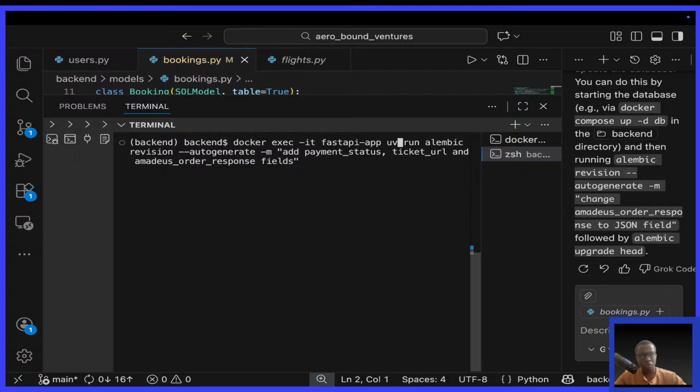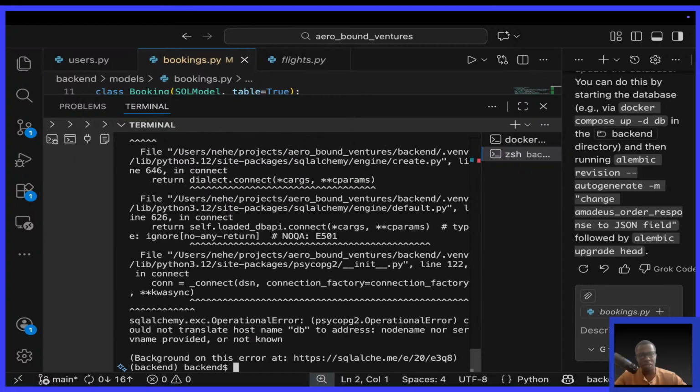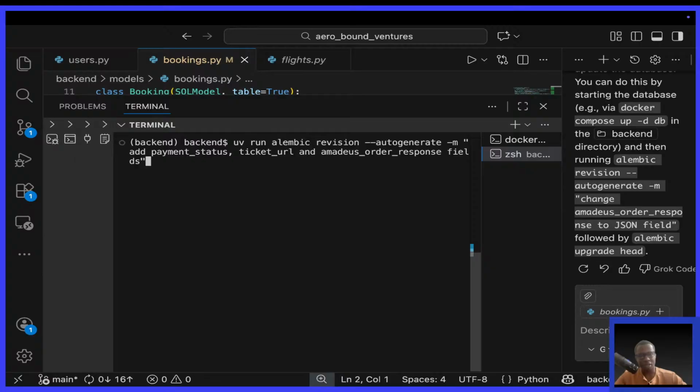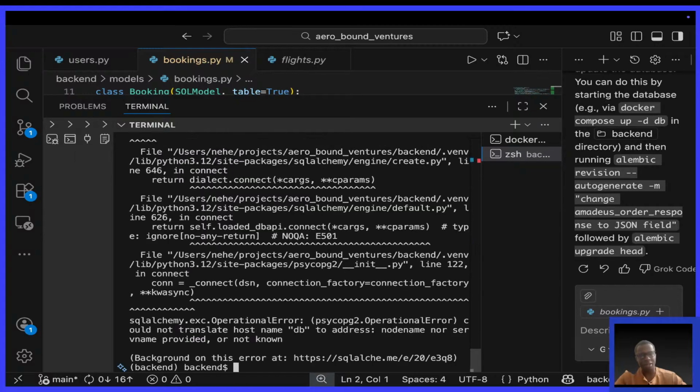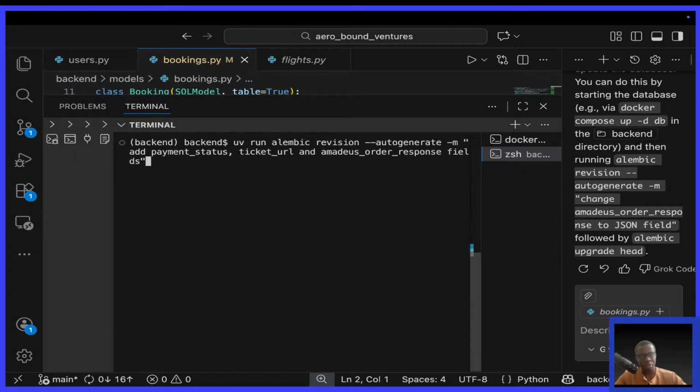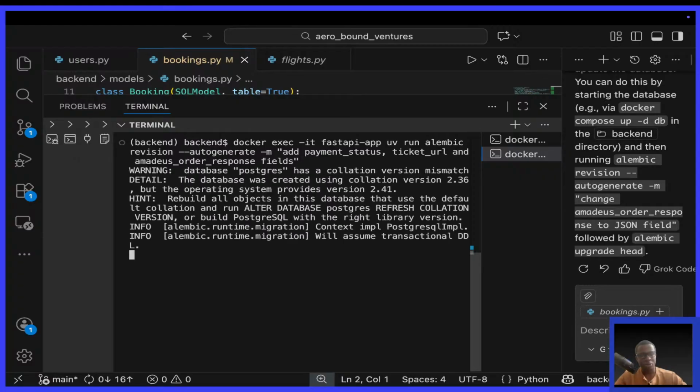Remove all this, and say UV run and see what happens. Okay, it gets the issue of the host name not found. No problem, fair enough. I get it, because the database is actually running in the container. No problem. So next up, what we need to do is to